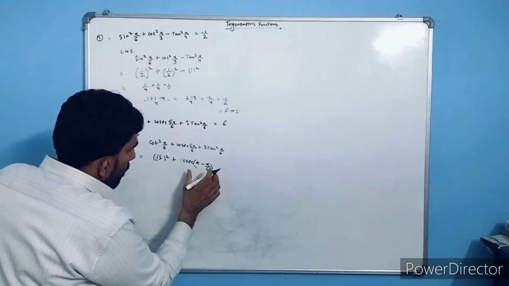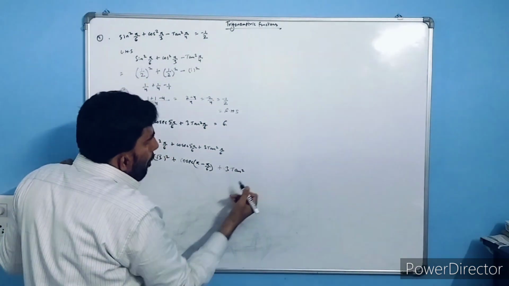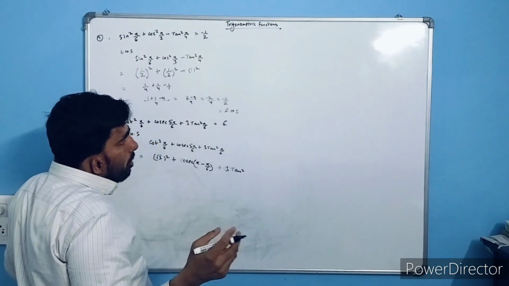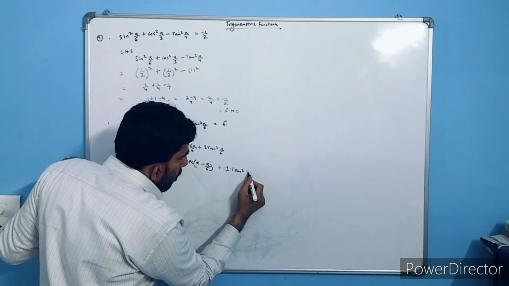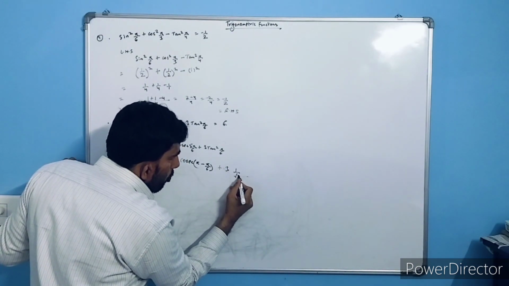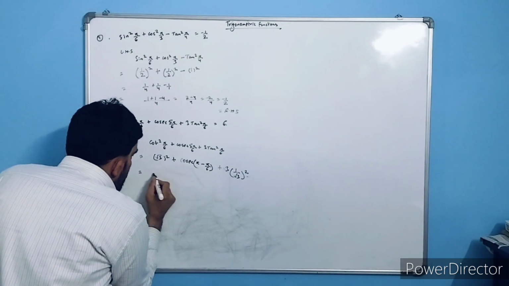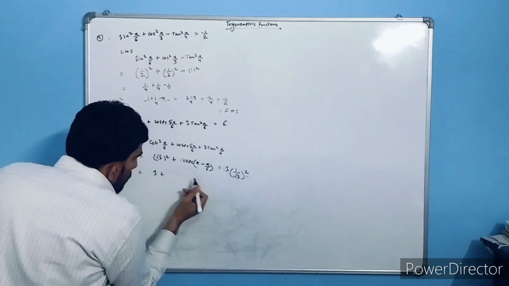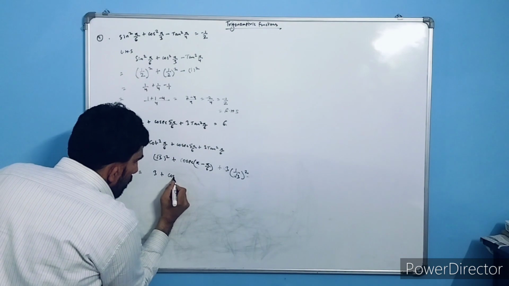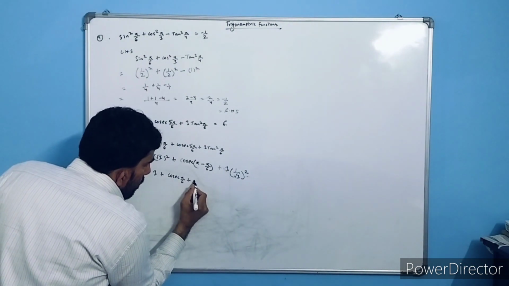Okay, so now I got this one plus 3 tan square pi by 6, tan 30. What is tan 30? 1 upon root 3. So directly I can write 1 upon root 3 whole square. So now 3 plus, we will write cosec pi by 6 plus